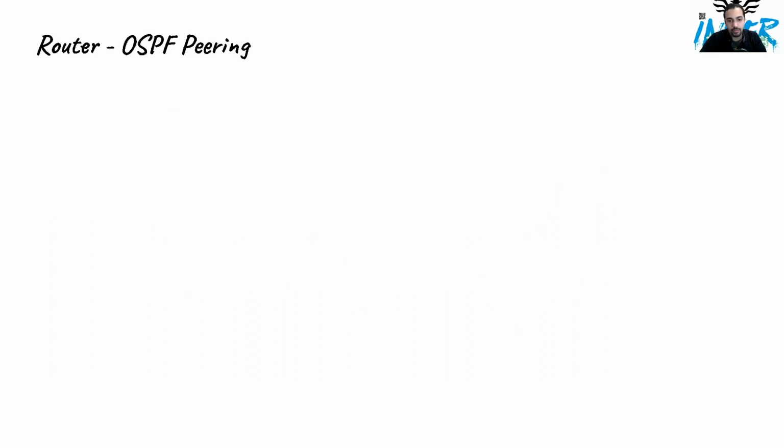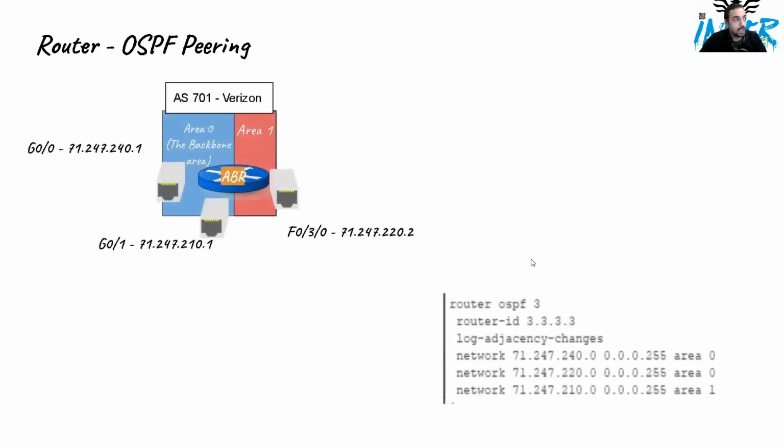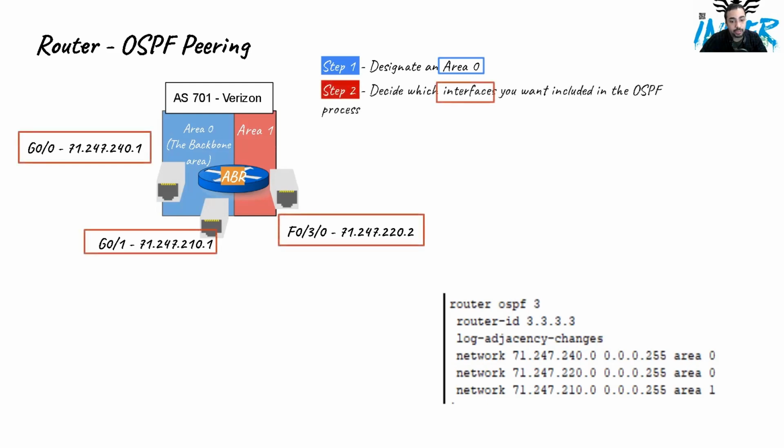So let's break down the OSPF configuration into 5 easy steps. So first, we're going to look at the OSPF configuration. Step 1 is to make sure you have an area 0. Otherwise, OSPF just won't even work. Step 2 is to decide which interfaces you want to include and advertise to the area border router using OSPF. So in this case, we have 3 interfaces. We're including all those interfaces on our router, which just so happens to be, in this case, the area border